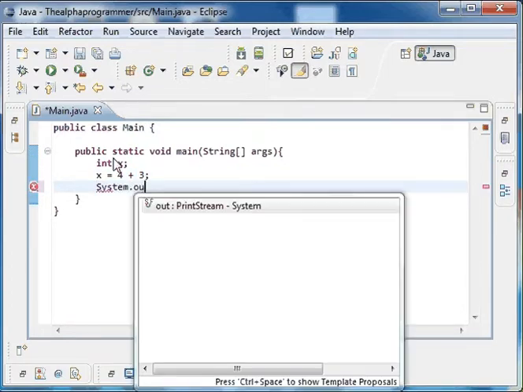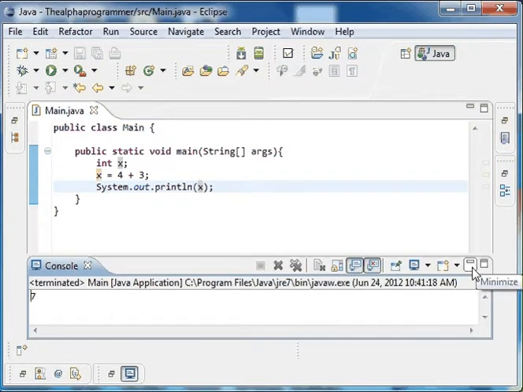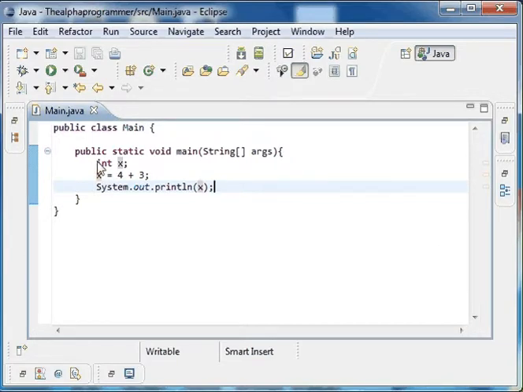So do system.out.println and then just put in x in here. And after you did that, hit save, hit run, and you get a 7. So now we know how to use and how to assign an integer, how to assign any variable, mathematical operation result. And you can do this for int, and you can also do this for double, and other